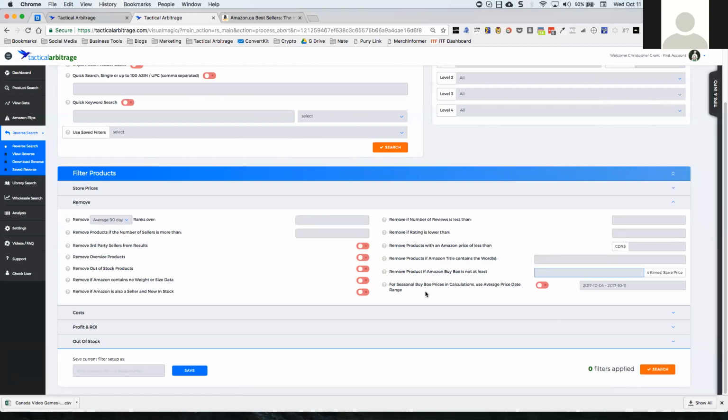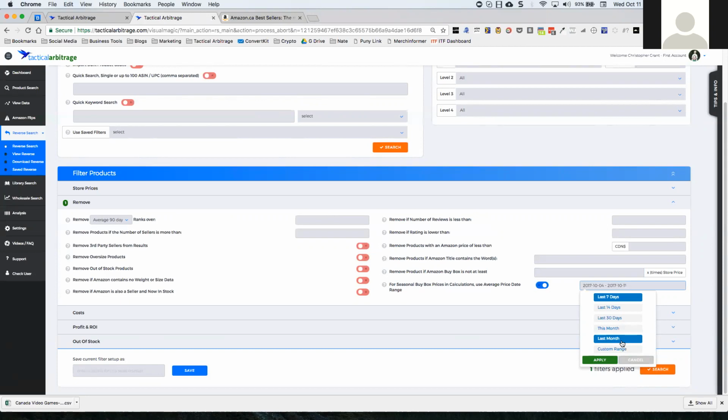And then we kind of dove deep on this seasonal buy box last week. You can use this seasonal buy box, and it's more than just seasonal. You could use it for the average price data over the last week or the last month. If you turn this on, it will compare the prices at the source site to whatever date in the past you might choose. So if you wanted to see what the average selling price over the last month or over the last 90 days was of a product, this will figure it out automatically if you only want to sell items that